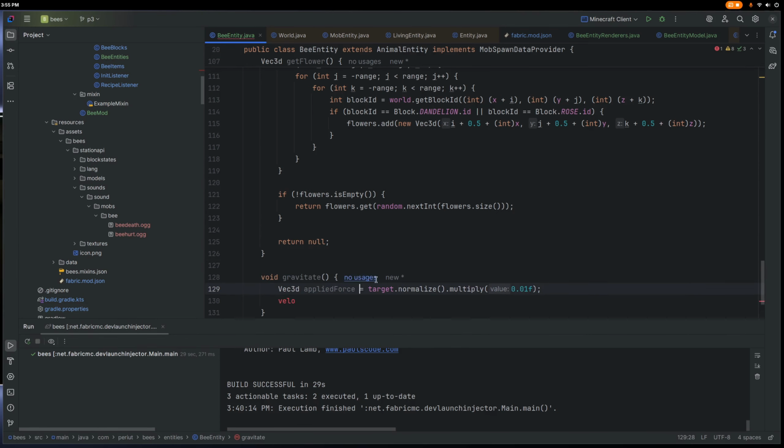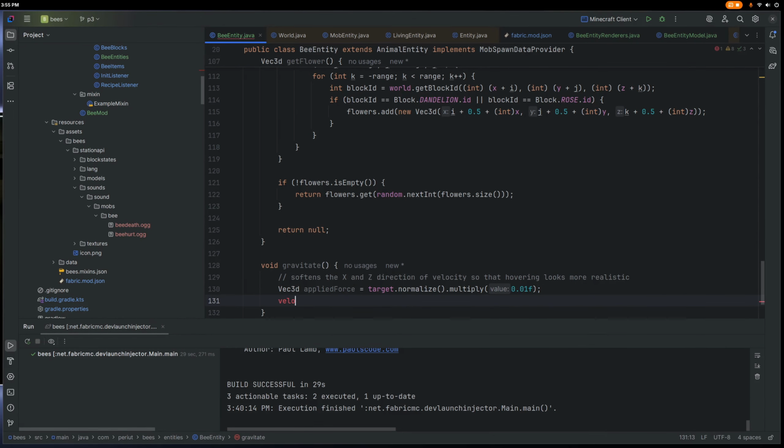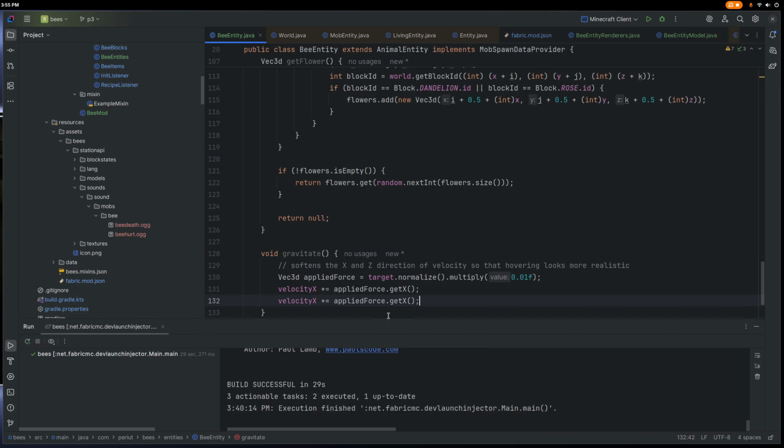This basically softens the x and z direction of velocity so that hovering looks more realistic. And this is also because there's friction going on with these directions, which doesn't really get applied properly unless we do it this way. So